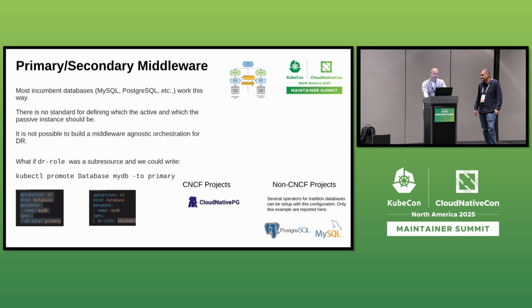Okay. Next one is middleware with primary and secondary, so master-slave or primary and secondary type of middleware. Most of the incumbent databases are like that. So MySQL, Postgres, I think SQL Server also. They all have operators where you can say, okay, this is my primary, and in this other cluster, I'm deploying my secondary. If you have an east-west tunnel, they establish a synchronous replication, right? Streaming replication, sometimes it's called. I gave a demo for a database vendor just last week, where we set this up.